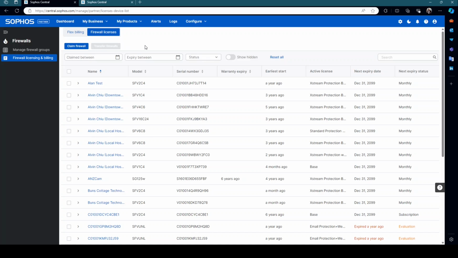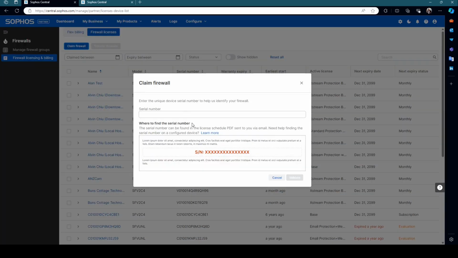In order to do that, that's pretty simple. You just click on Claim Firewall, give the serial number here. If the serial number already has been claimed once, it will give you the error message there. And the next thing that you would need then to do is to find out if the customer already has claimed the firewall beforehand, or if a previous partner